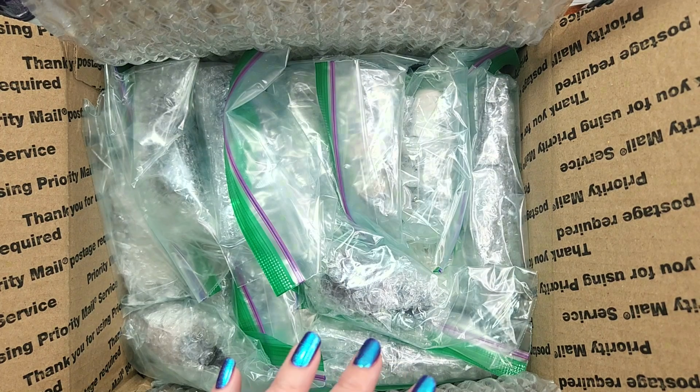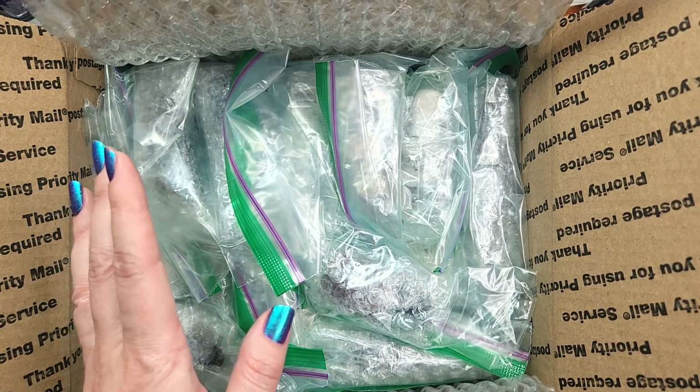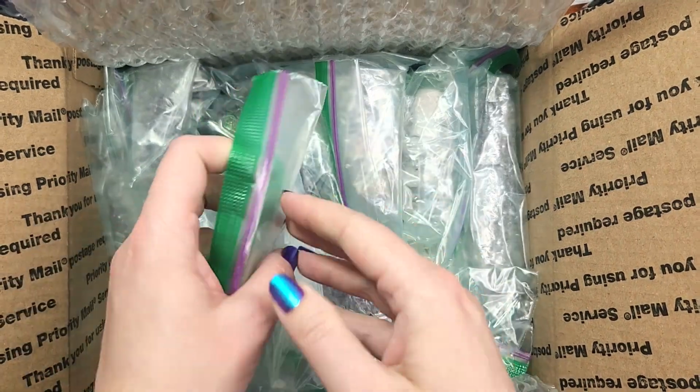So Llynderella is one of those brands that I don't own a lot of. I want to say they are one of the OG indie nail polish brands, but I think they are still making polish if I'm not mistaken, or at least they were last time I looked, which was sometime within the last 12 months. Okay, next up,